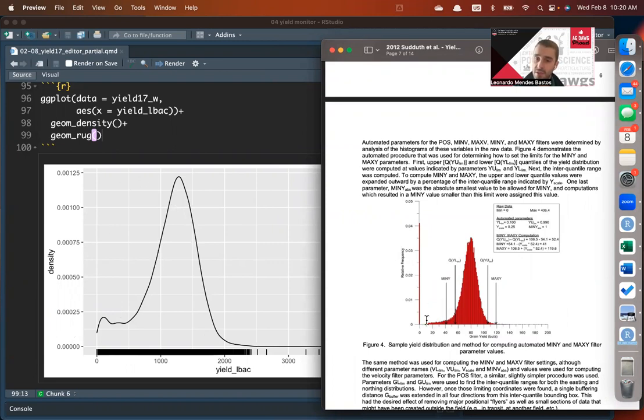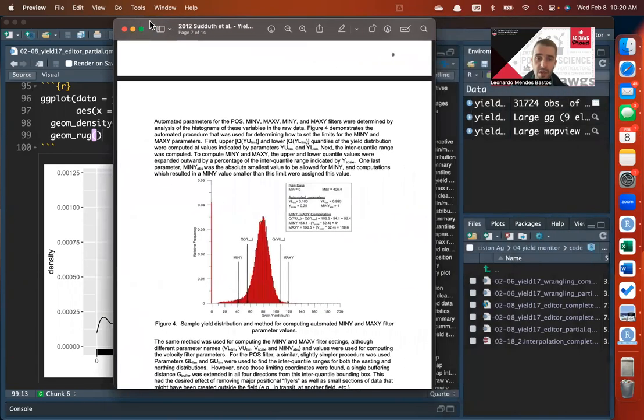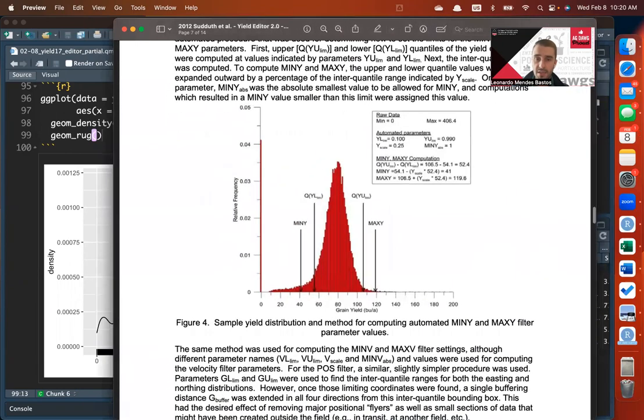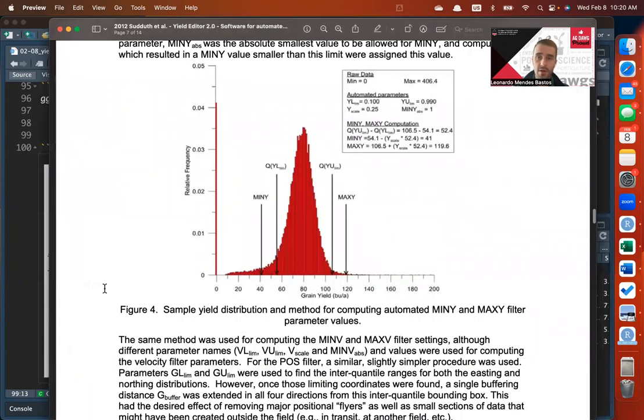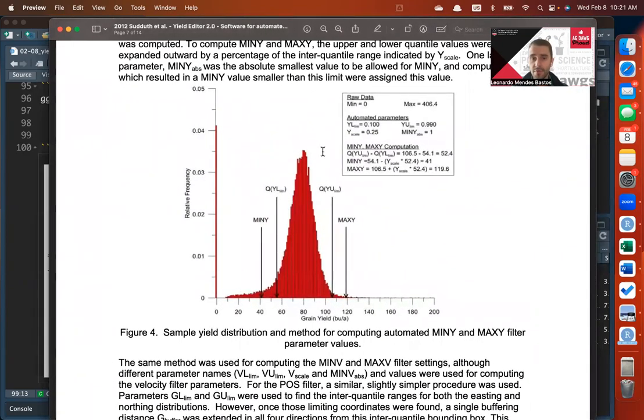If you were to just draw the outside of this histogram, that's what the density really is. So how did they determine which yield data points they wanted to keep and which ones they were treating as errors and removing? So they basically used this distribution of yield data points, here again shown as a histogram, and